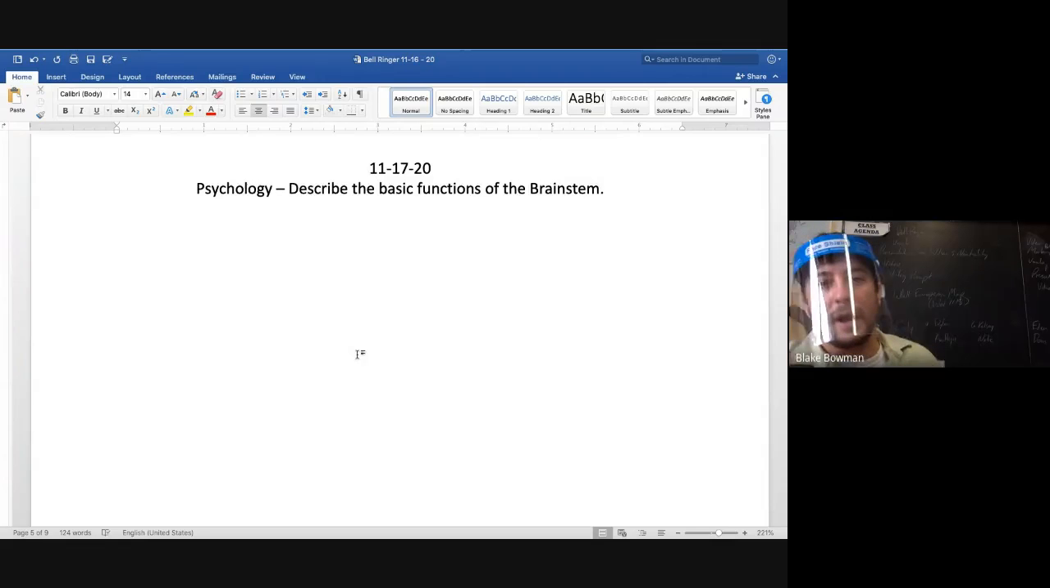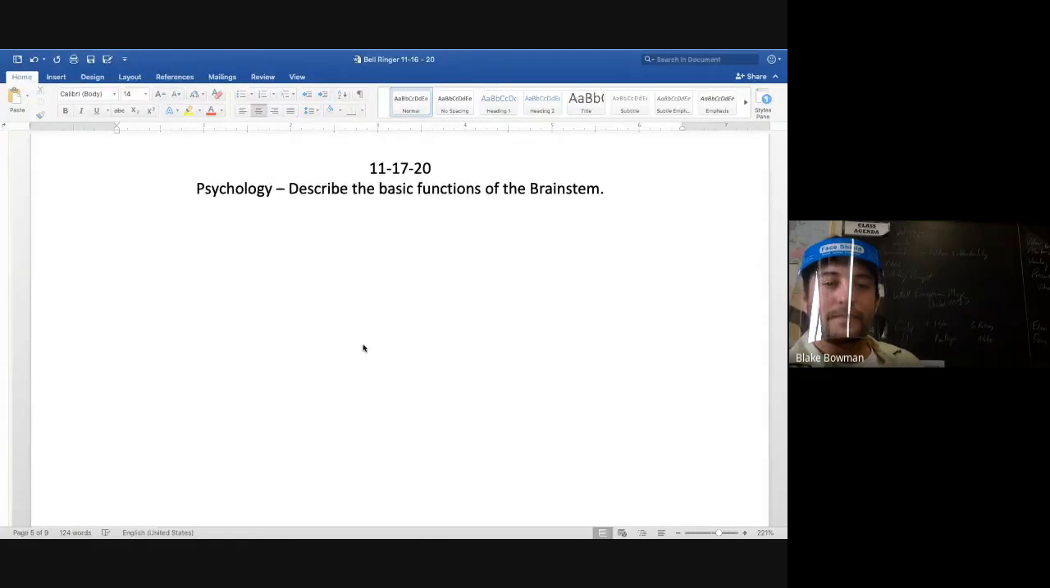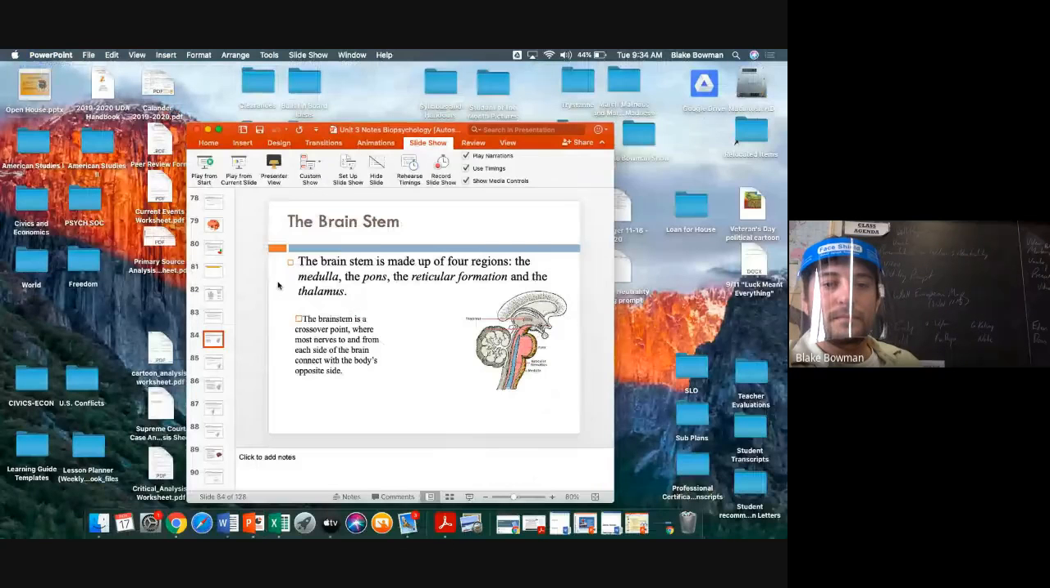Alrighty, so what do we got? Describe the basic functions of the brainstem. What do we have here? Rooster, go ahead, man. You could have if you wanted to, if you want to get real crazy with it. I just said basically it holds parts of our brain that allow us to perform our basic functions like sleep, and also